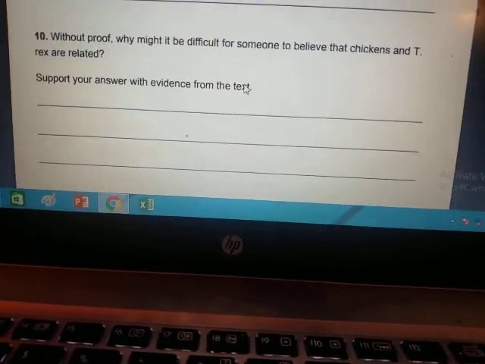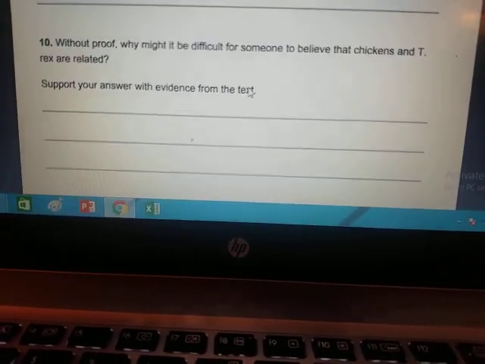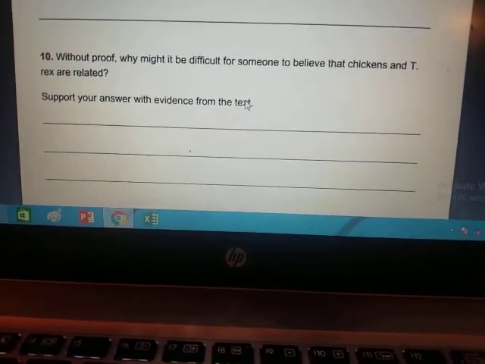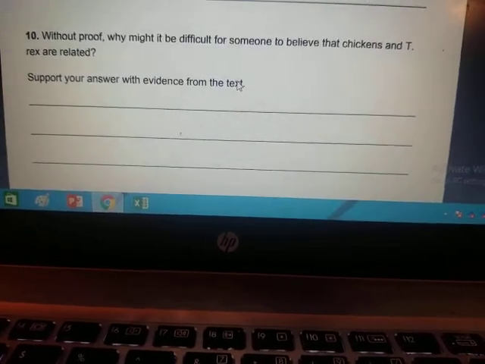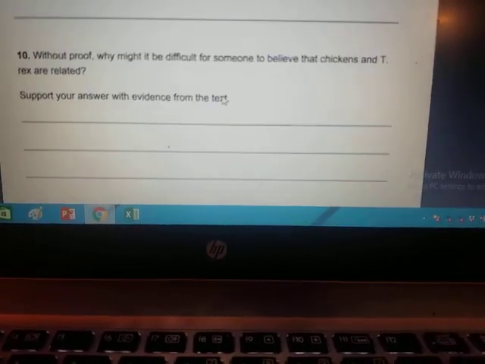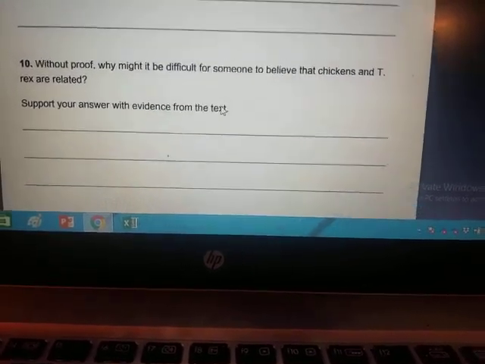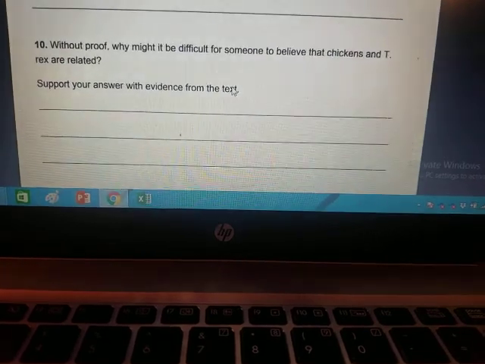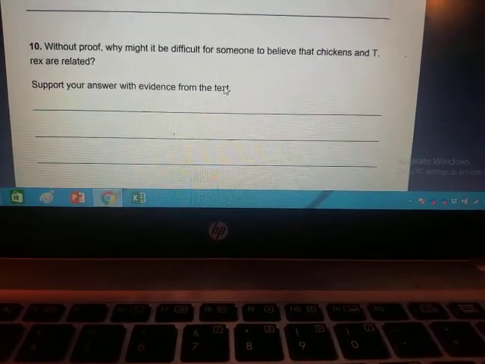Now it says, without proof, why might it be difficult for someone to believe that chickens and T-Rex aren't related? So let's pretend there was no proof at all. And all you know is a picture of a chicken and a picture of a T-Rex. Why might someone like you, who didn't know this before, not believe that chickens and T-Rex are connected